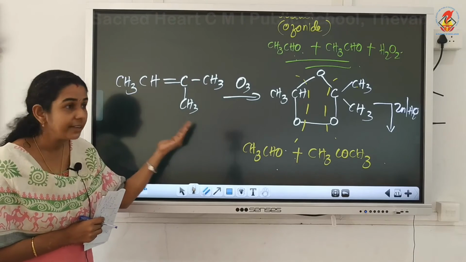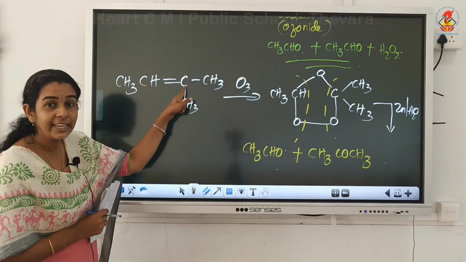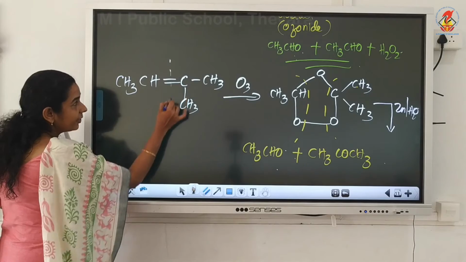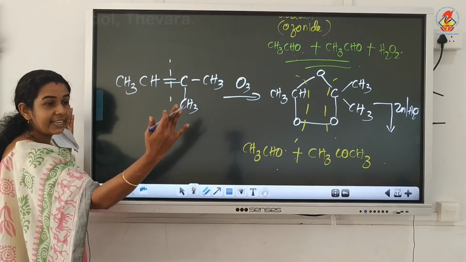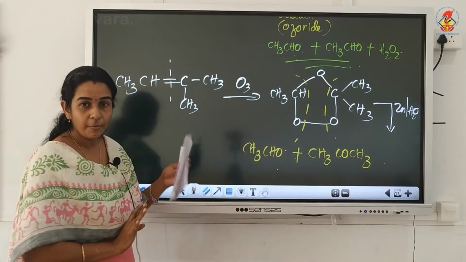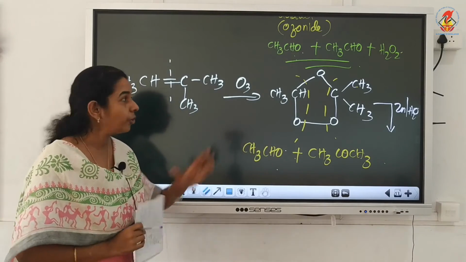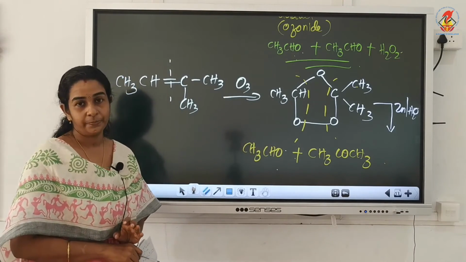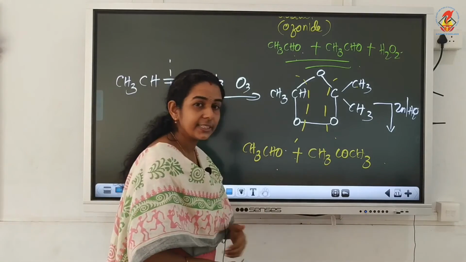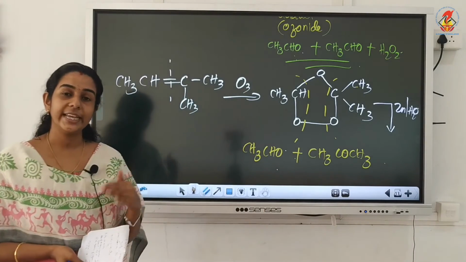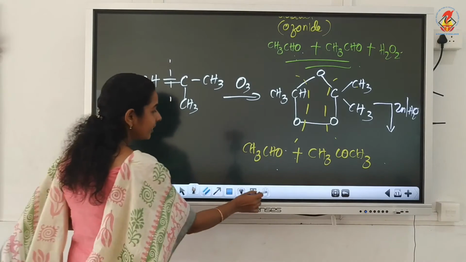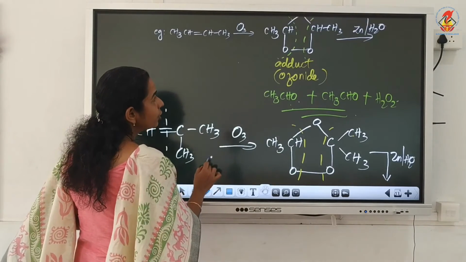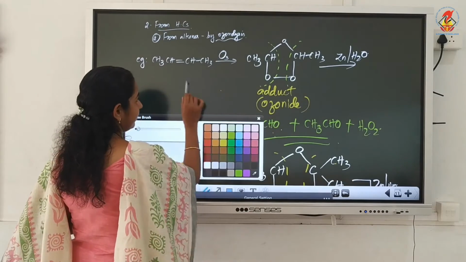Here also we are splitting. What are we splitting here? We are splitting an alkene. See, we are splitting here, no? So at the double bond, we are splitting an alkene into carbonyl compounds, that is aldehyde and ketone, using ozone. Now see the products. After ozonolysis we can get either an aldehyde or ketone, isn't it? In the first example we got two molecules of aldehyde.